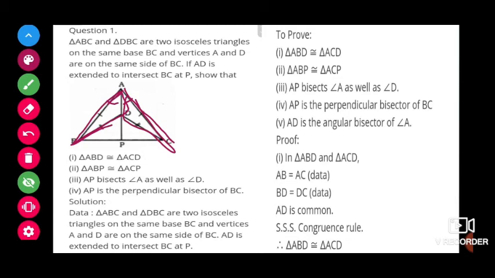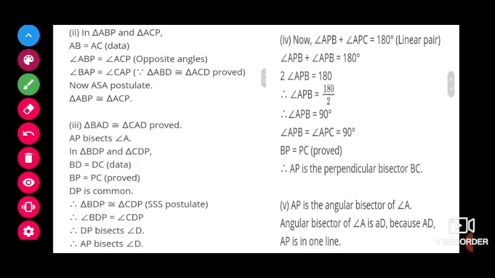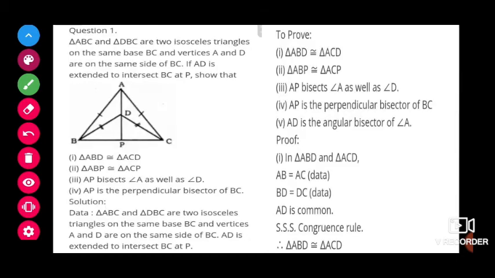Next, one more. They have given that one more pair of opposite angles is also equal. How will it be? See, these two sides are equal, then the opposite angles will also be equal. So these two angles and this side are equal. So by using angle, side, angle, we can say the two triangles are congruent to each other.